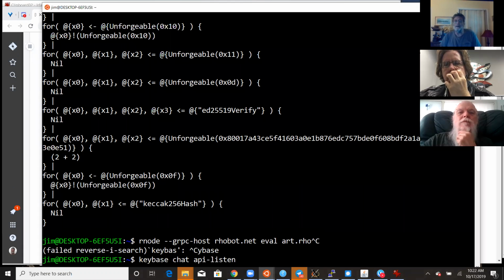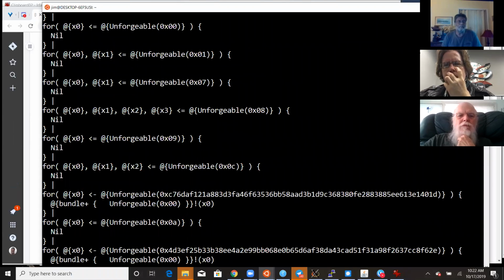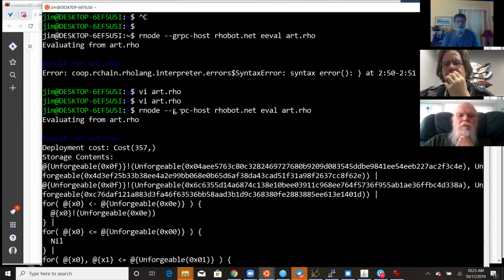I was able to run RNode with a remote. I was able to do an eval of our artobject.rho by setting the gRPC host to another machine that's running RNode. And this is sort of convenient for testing, because I can run local files like art.rho, and it just gets executed remotely on robot.net.